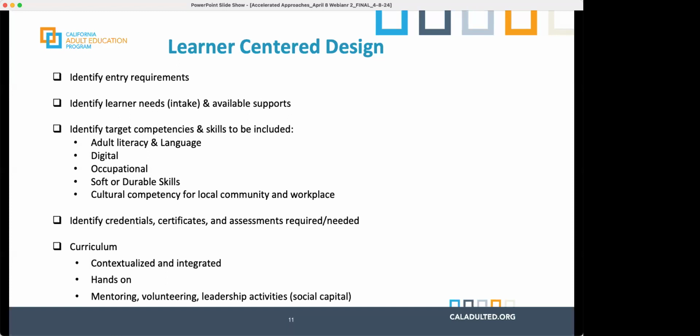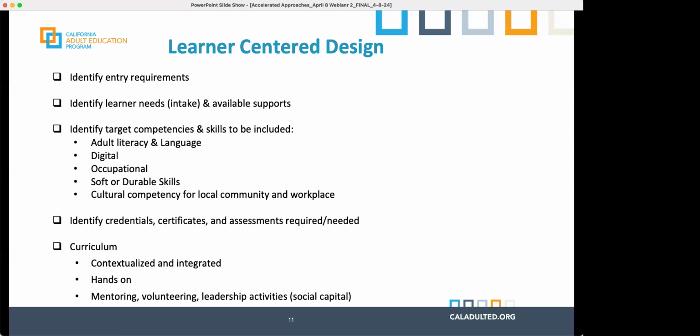And I want to center the fact that while we always talk about training and language and literacy, honestly, what we would like also is for people to be able to move through their communities and learn how to navigate them themselves. Those credentials, certificates, and assessments required need to be considered upfront, as that is content. We have heard about programs that create trainings and IETs, and then their adult learners aren't able to pass the certificate exams required on the backside. So that's really important. We can give them all the training, but if they can't qualify for the job or for the next step on the career pathway, then we have not really done them a service.